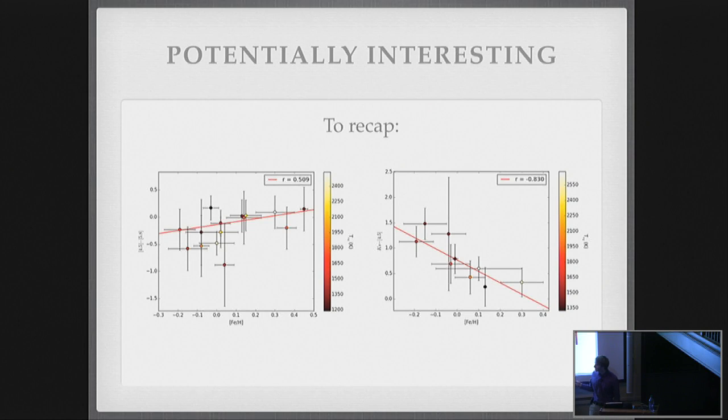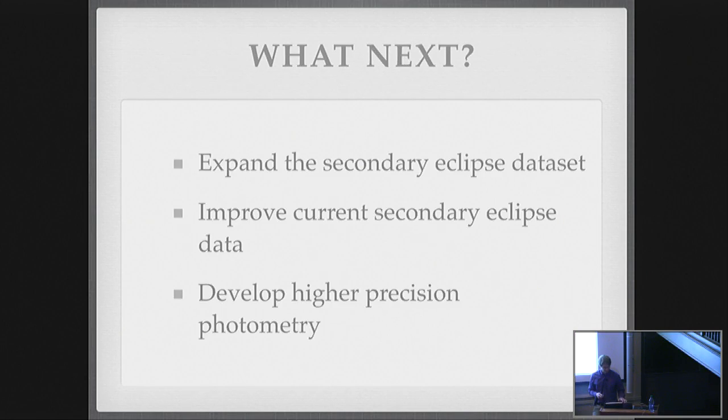This correlation wouldn't be as significant because the 5.8 micron band is also affected by water, just like 4.5 microns. So that's my current hypothesis. There will certainly need to be more testing of that and more data collection as well. So that's why we should expand the current set of secondary eclipse data as well as improve the data that we already have